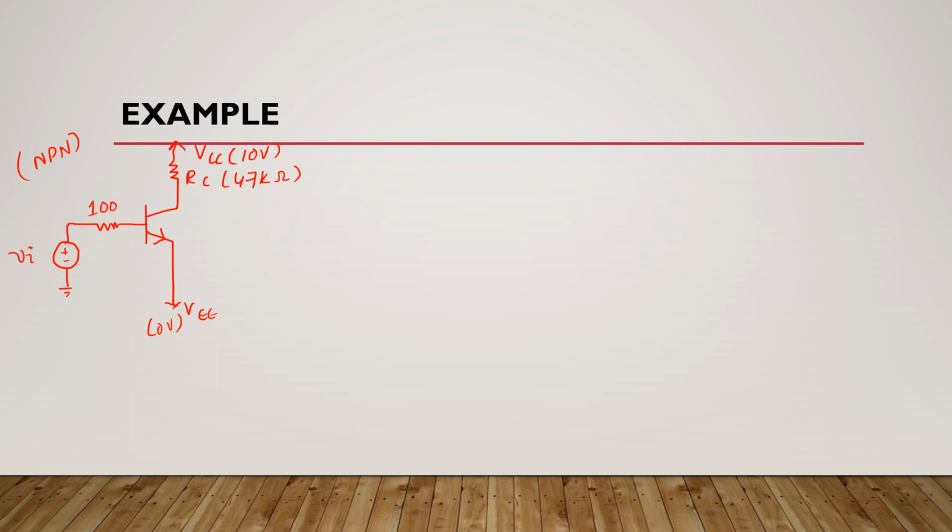Now look at this example. If you have a transistor configuration like this, where you have an arrow here, it means it is an NPN transistor configuration. So this is VCC, and suppose it is 10 volts, this is RC and it is 47 kilo ohms, and this is VEE and it is 0 volts. This is VI, meaning it is an input source. This is 100 kilo ohms and it is RB. Okay, and you have a capacitor here,